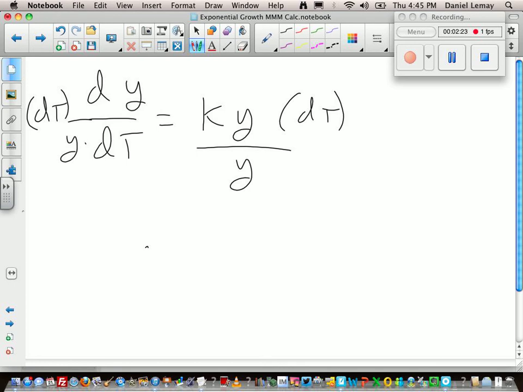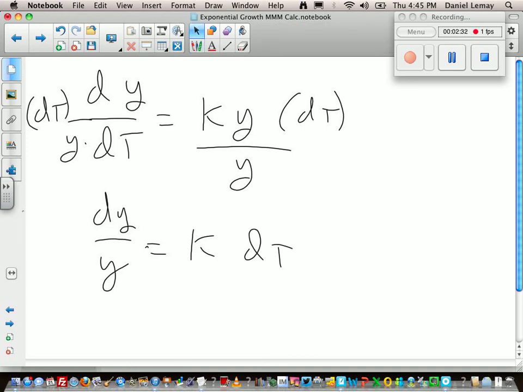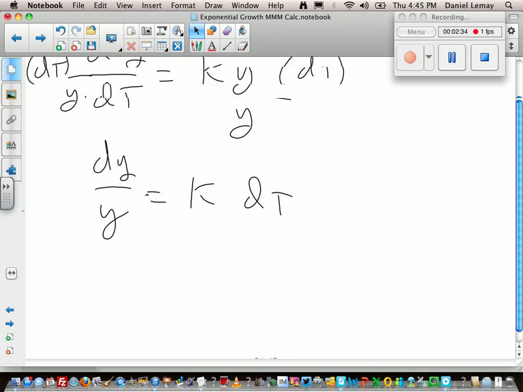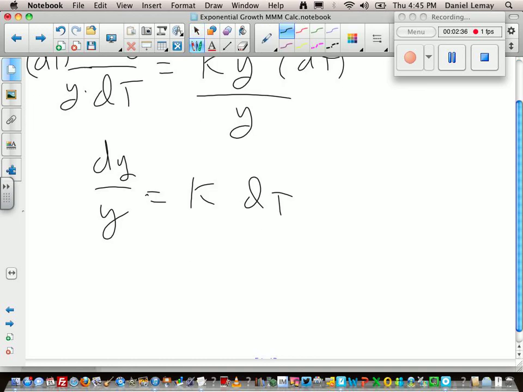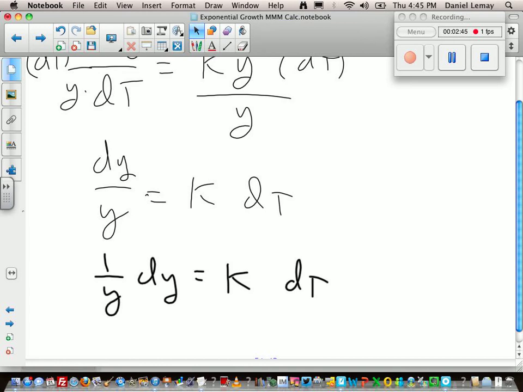That leaves me dy over y equals k dt. And then we're going to think about this as 1 over y dy equals k times 1 dt. If we take the integral now, both sides,